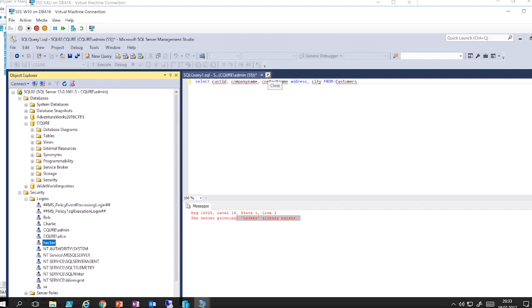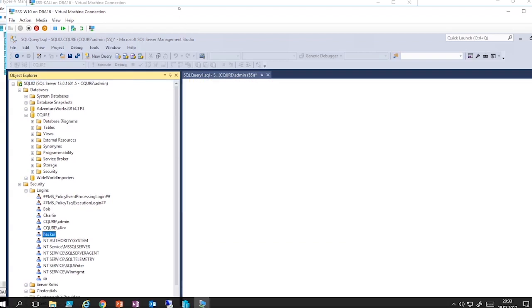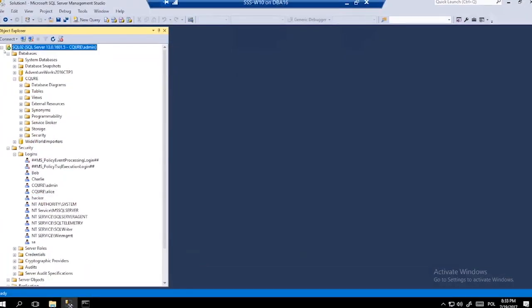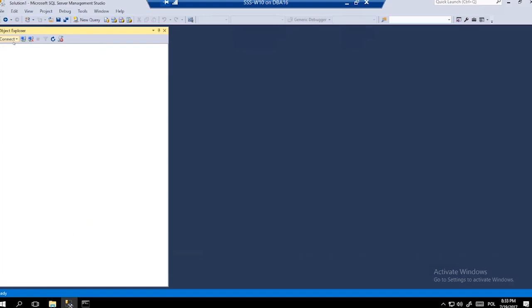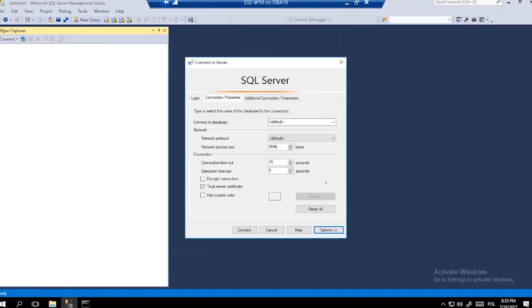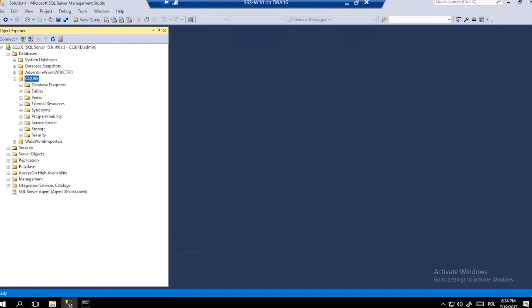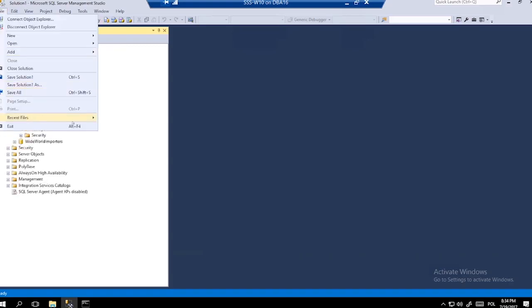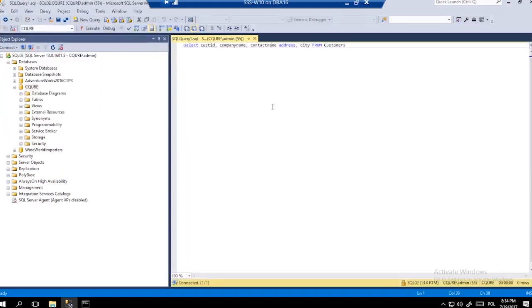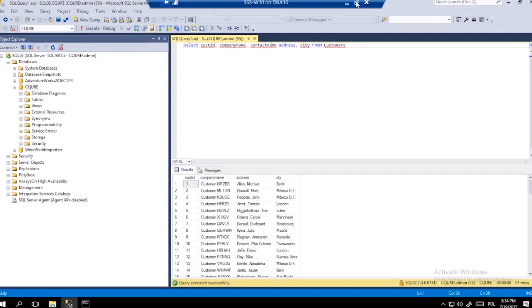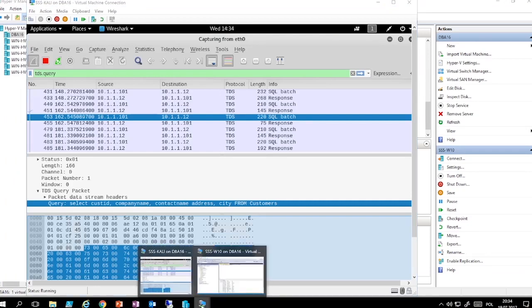How can we protect ourselves? First of all, it is necessary to connect with the option encrypt connection. When I select this encrypt connection, the connection to the database will be protected. Again, if I open the same file and execute it, of course I need to turn on listening on the